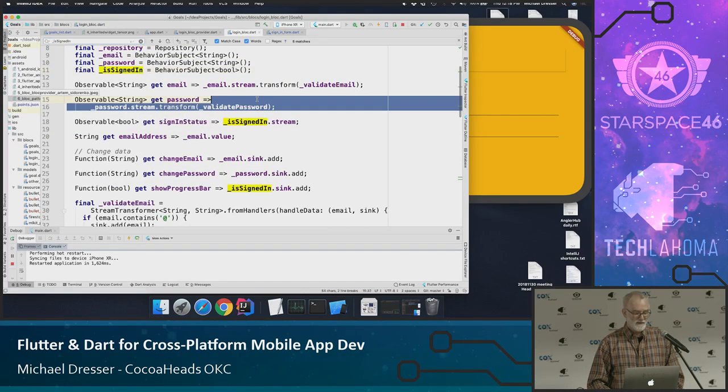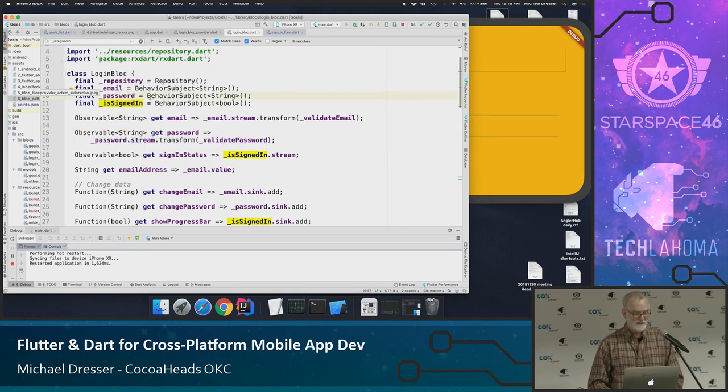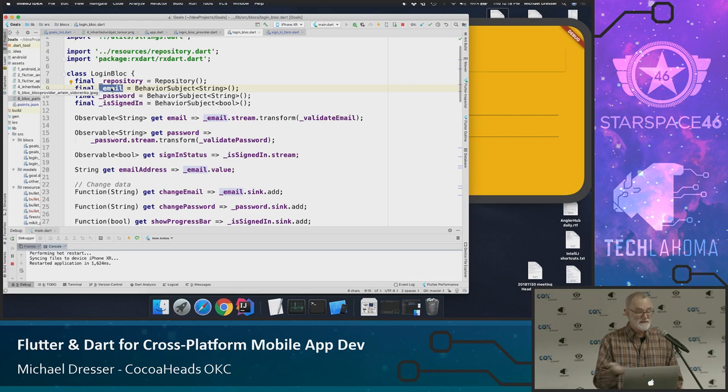Now I have to explain a little bit more about Dart syntax here, but what we're going to be talking about specifically is this email BehaviorSubject. So it's a BehaviorSubject. The data that's going to be passed, the items that are going to be emitted, are strings. Since it's a BehaviorSubject, you can either add things to it, so it'll come out the other end, or you can listen to it. Again, it does both of those things.